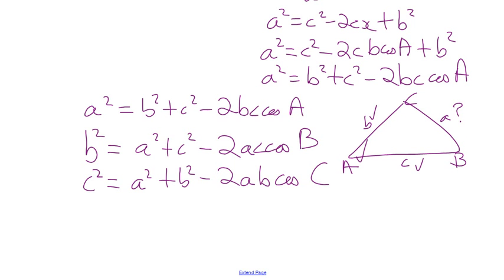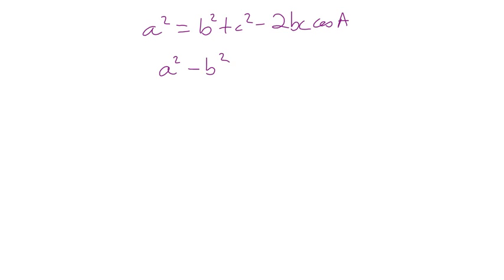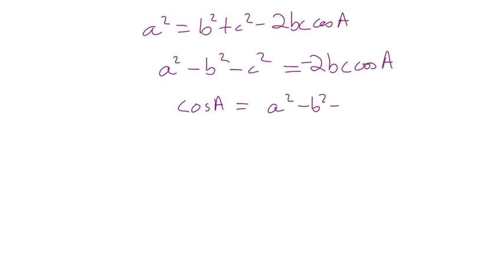Similarly, we can rearrange the equation to solve for an angle. So let's go to a new page. Starting with this, a squared, we can solve that for the cosine of A. So what are we going to do? Well, we're going to get stuff by itself, right? So we're going to go a squared minus b squared, got to subtract b squared, minus c squared is equal to negative 2bc cos A. So I need to divide both sides by negative 2bc. And while I do that, I'm going to flip the sides at the same time, right? So I'm going to write cos of a is equal to this, a squared minus b squared minus c squared